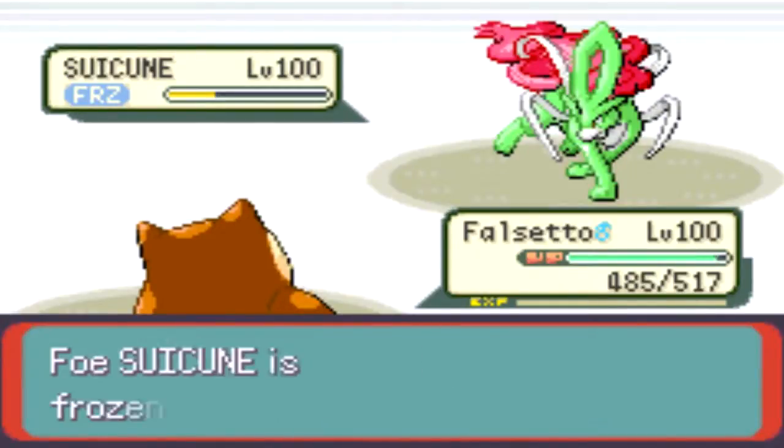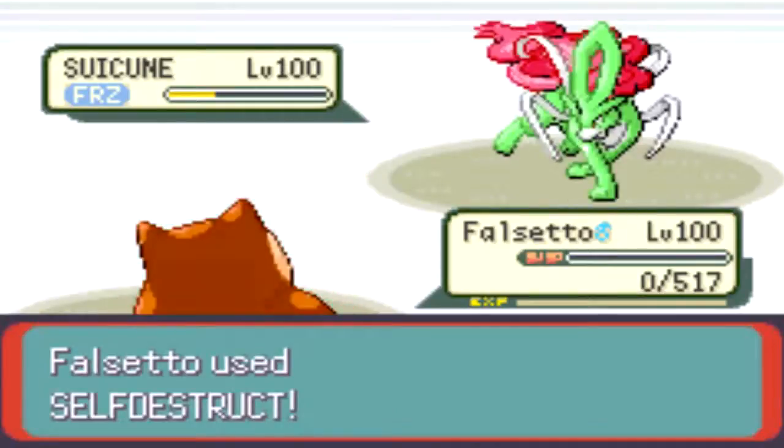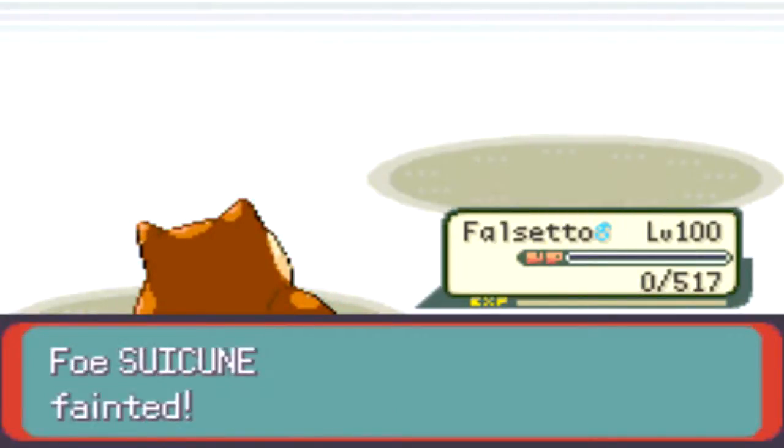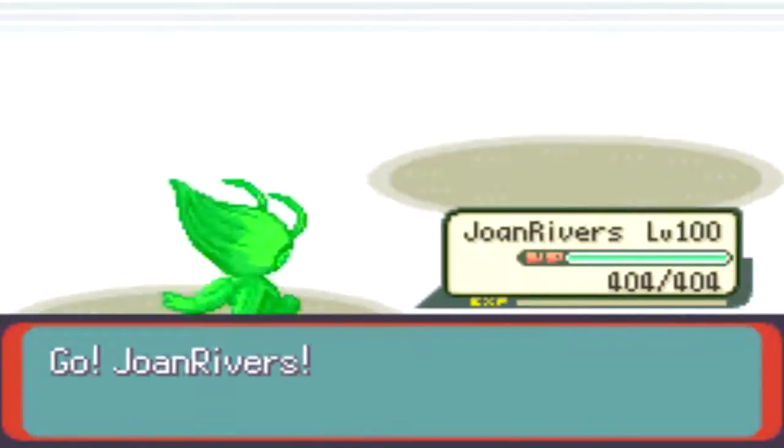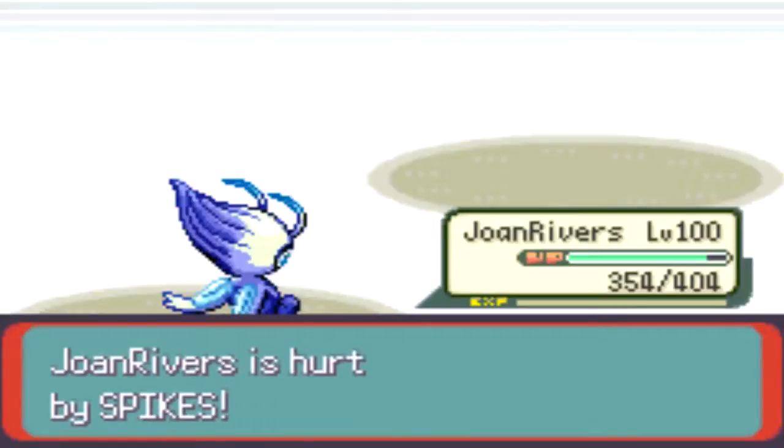So he's going to be staying in frozen and not doing anything. And I'm going to be going for a, not even a Choice, but a STAB Self-Destruct, which has 300 base power, the most powerful attack in 3rd generation, and it's definitely going to take out a Suicune at like 2% health. So now it's going to be awesome because I know it can go into